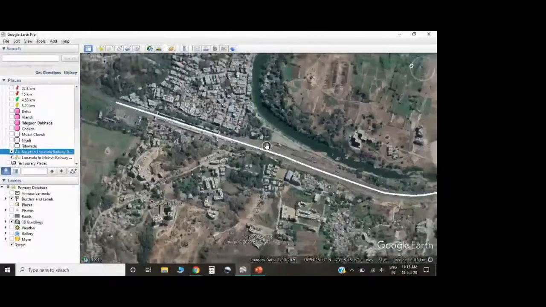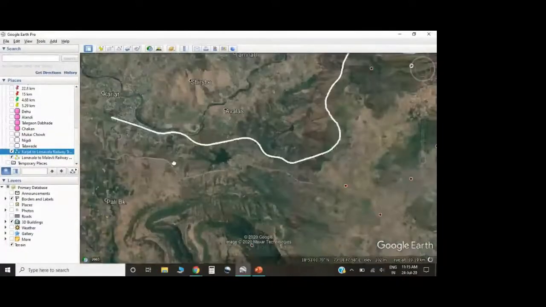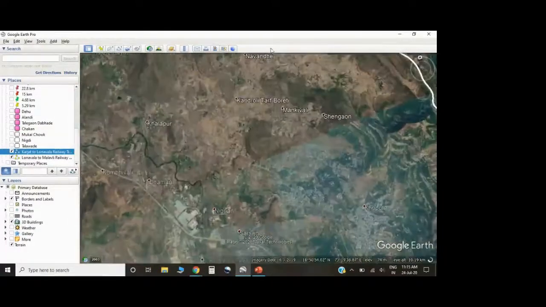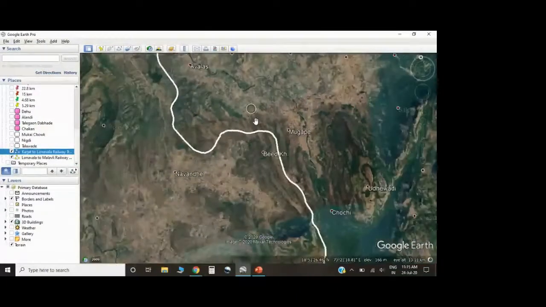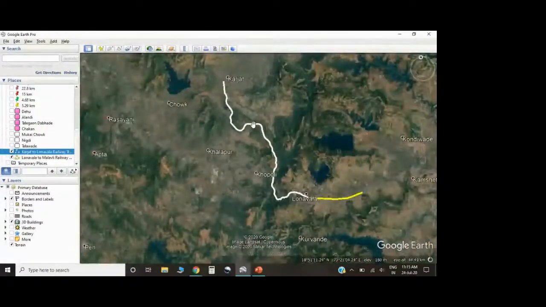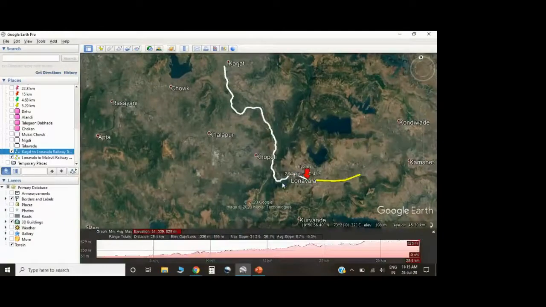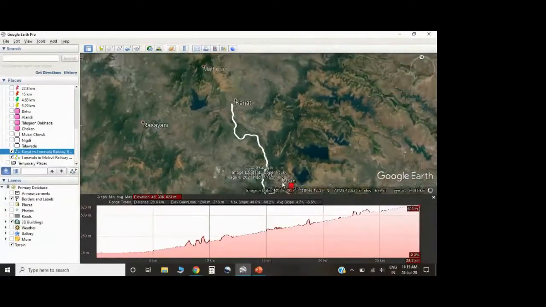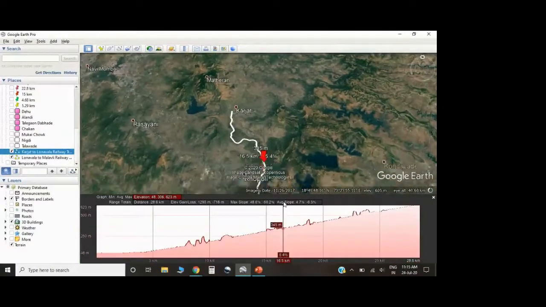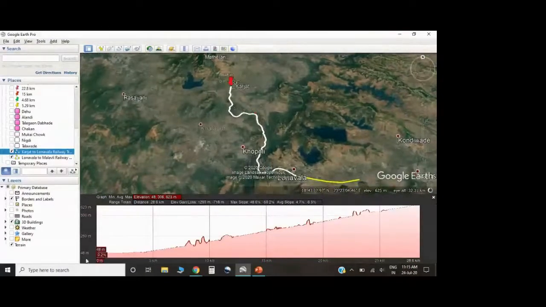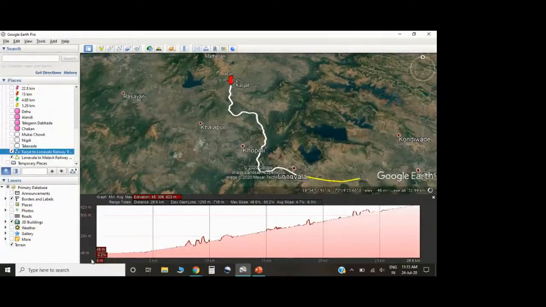Why this is useful is because you will be seeing now that if I get this elevation profile, this is the elevation profile for my Karjat to Lonavala section. On the top side, you'll see a red arrow, which moves continuously as I move my cursor at the bottom.